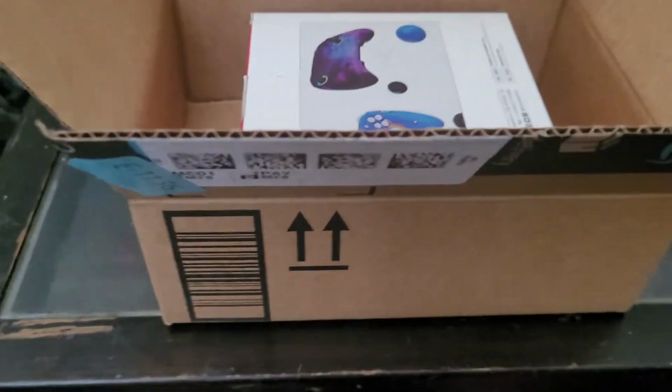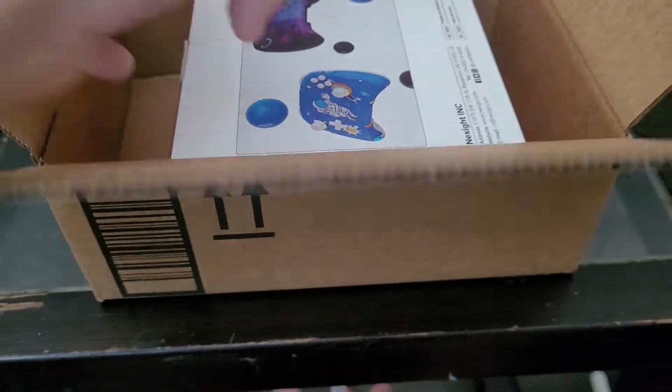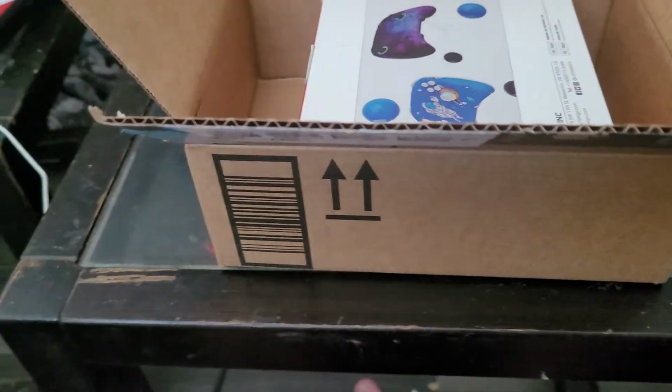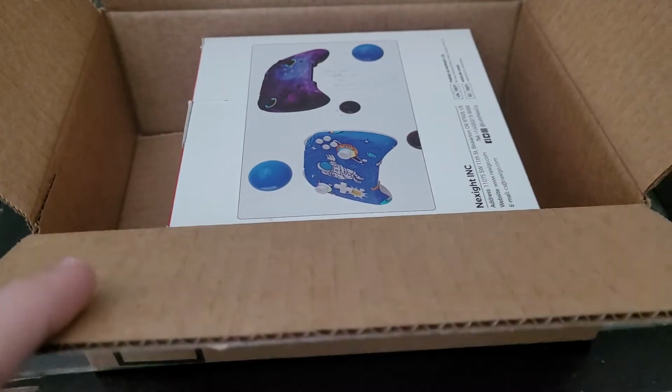Obviously it's a new unboxing video. I haven't done one of these in a hot minute, and the reason I left it in the box like this, obviously you can tell by the title what it is. It's Switch Joy-Cons, and we'll get to that in a second. But the reason I left it in the box like this is because